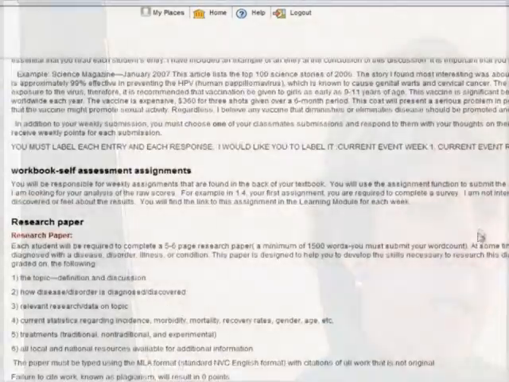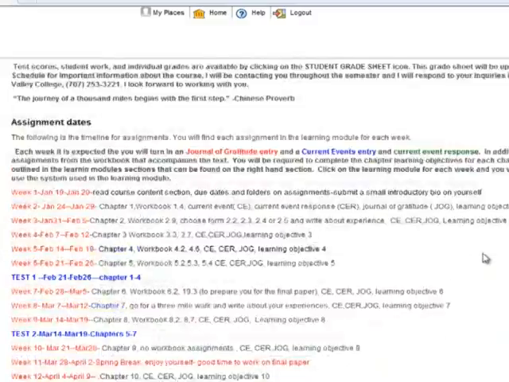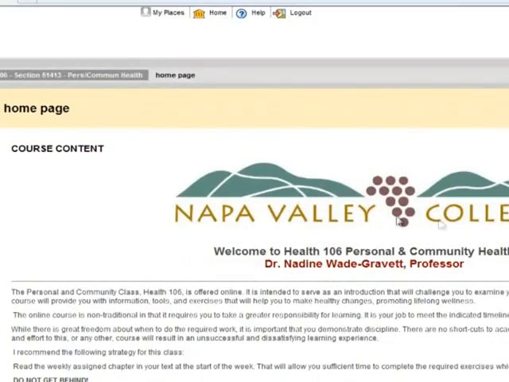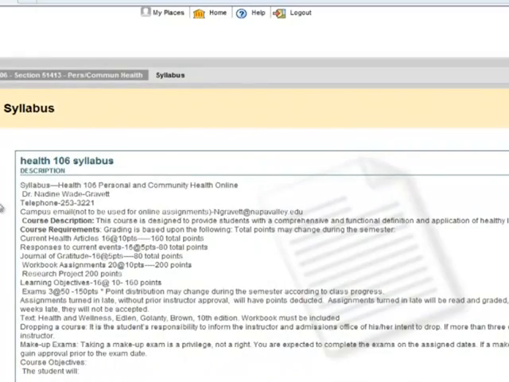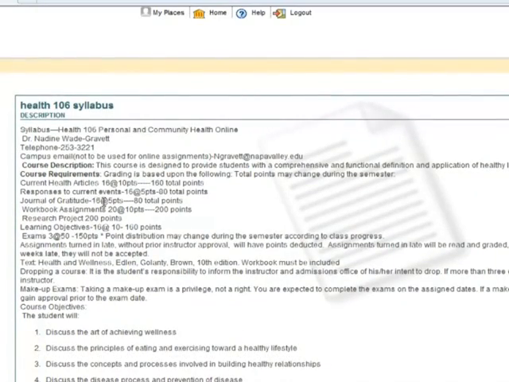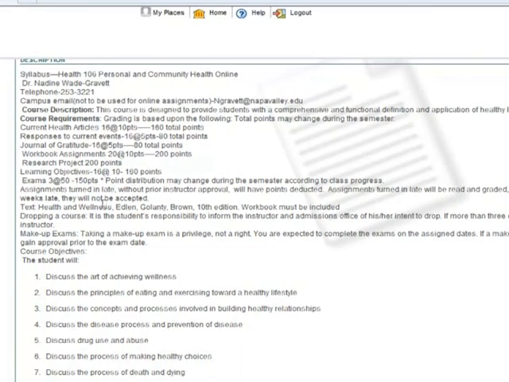So let's go back and I can show you how to enter all of these. This is called your home page. If you click onto the syllabus, I give you exactly how I'm going to grade, what the point structure is, and then a little bit of what our student objectives are, our learning objectives, what kinds of things that you will be